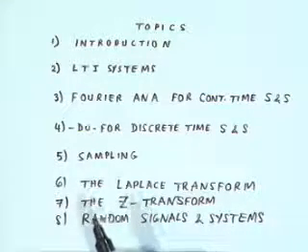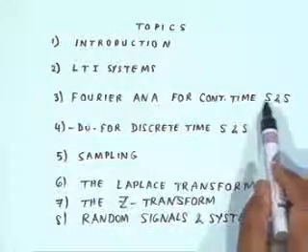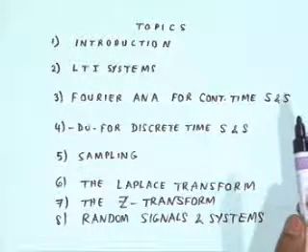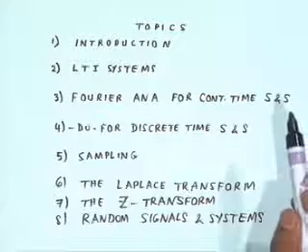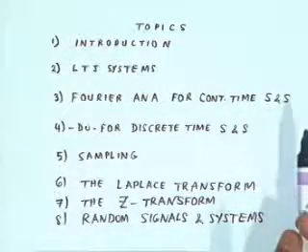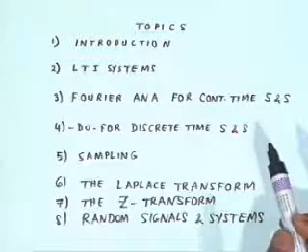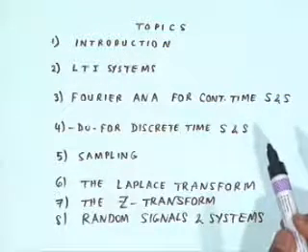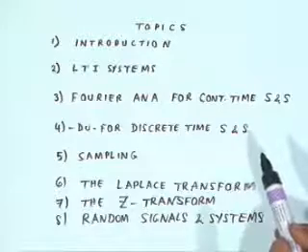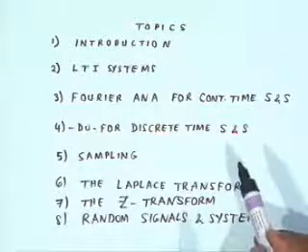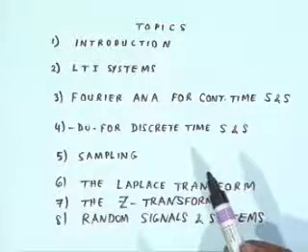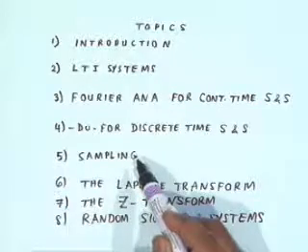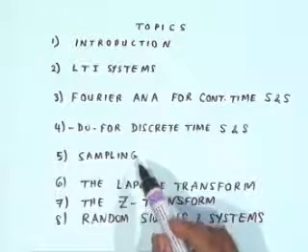Then we will go to Fourier analysis for continuous time signals and systems. We will try to tell you who Fourier was and why Fourier analysis is so important, and then we shall do the same for discrete time signals and systems. These are highly mathematical topics, but we will point out how they are utilized for engineering systems, in particular electrical and computer engineering. We'll look at how discrete signals are produced. We'll look at how sampling is done of a continuous time signal to create a discrete time signal, its limitations